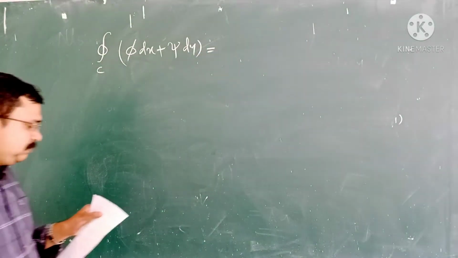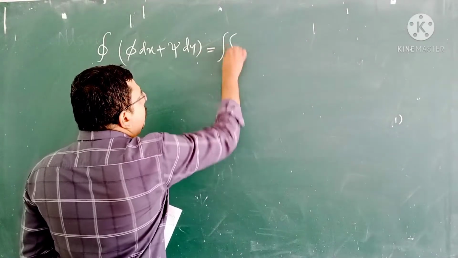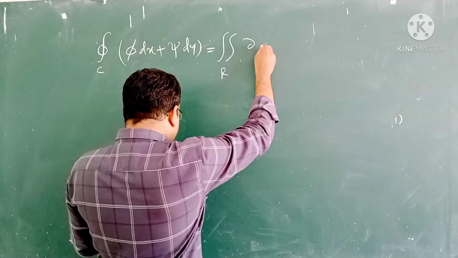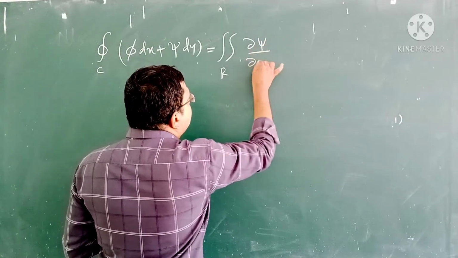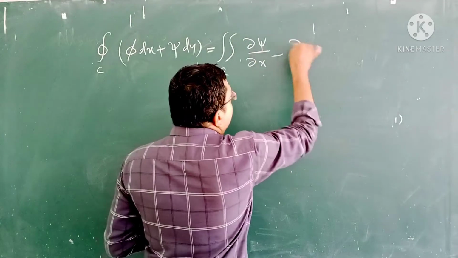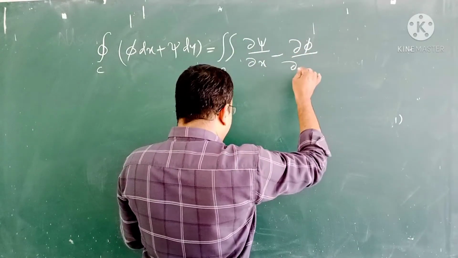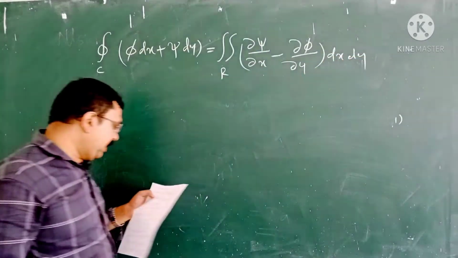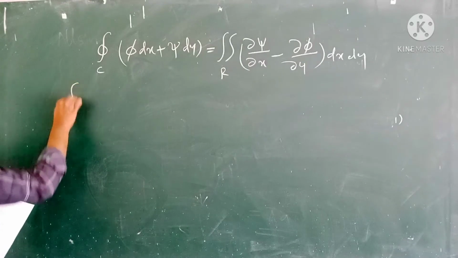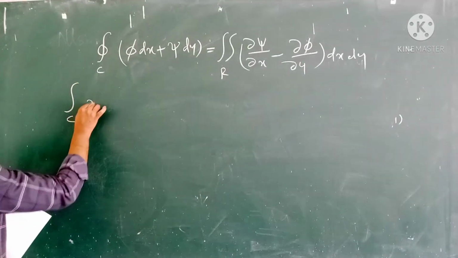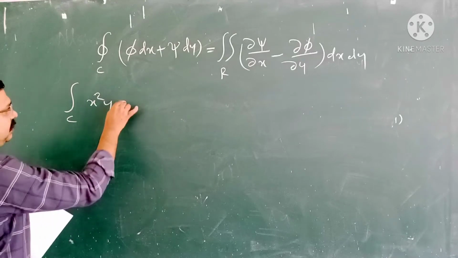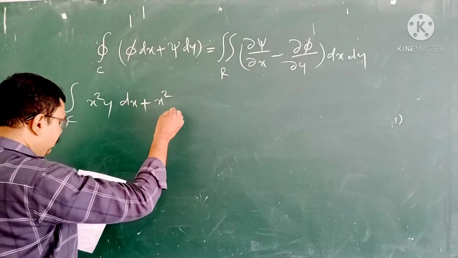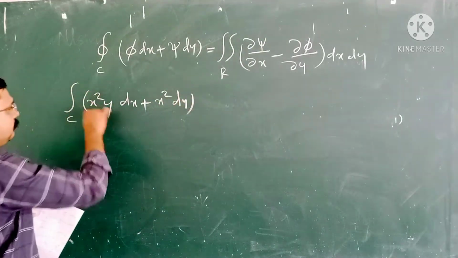By Green's theorem, integral over C phi dx plus psi dy is equal to double integral over R dou psi by dou x minus dou phi by dou y dx dy. That is, here integral over C x square y dx plus x square dy, which is equal to